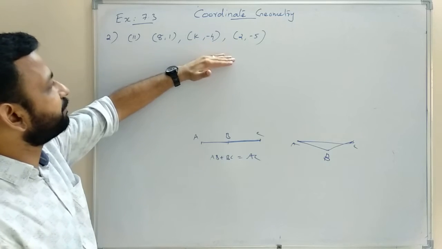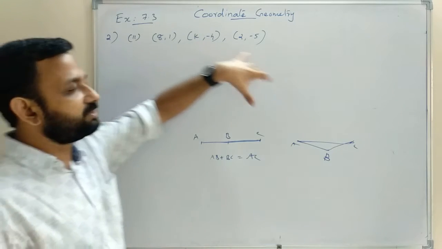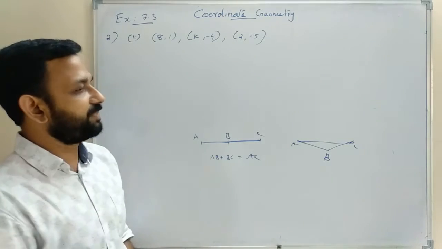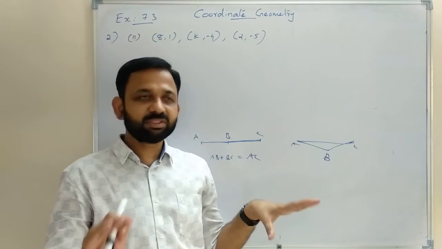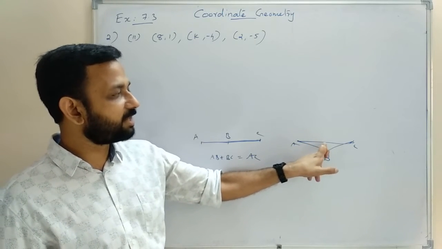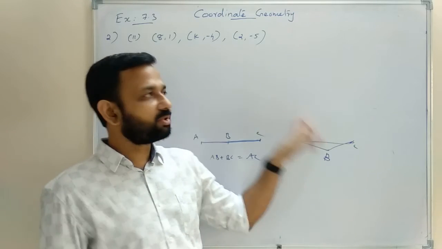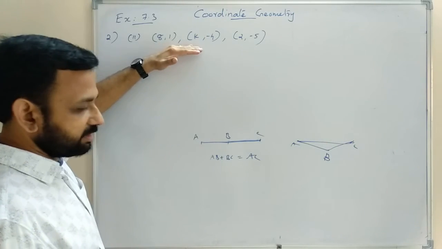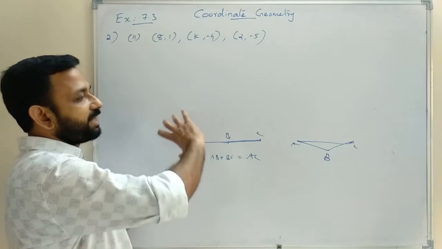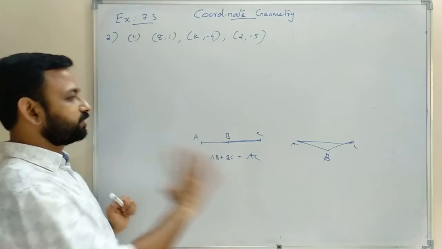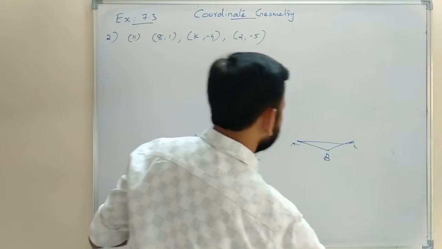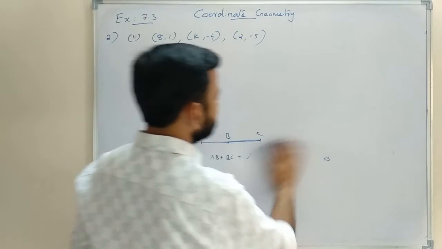But here we are going to find the value of k by using area of the triangle. So here if 3 points are collinear, then there is no triangle because they are collinear. If there is no triangle, then area of the triangle formed will be 0. So here it is given these 3 points are collinear. So if they are collinear, area of the triangle formed will be 0. We can assume area of the triangle formed equal to 0. From there we will get the value of k. That is the method. And here we are not using distance formula.